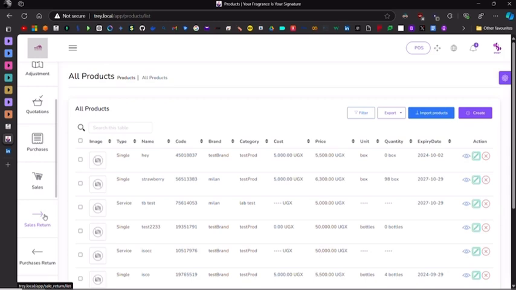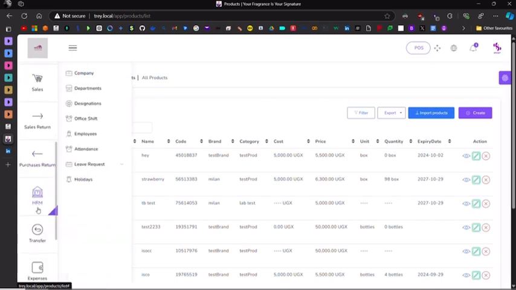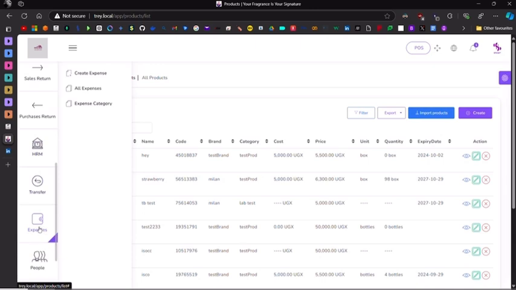you've sold, and a person comes back because they no longer want it and wants to return it. So the system can account for that. Purchase return, when you bought something and return it. It has human resource. It has transfer, it has expenses,